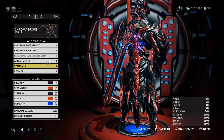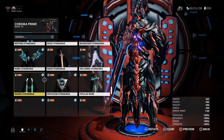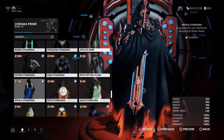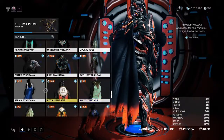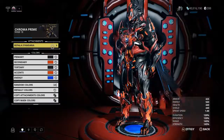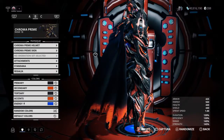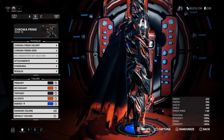Now let's check the Syandana, shall we? What was it again? Rapala. Oh, there you are. If the Grand Prime wasn't sticking through it, I would say it does. That does look nice. That does look pretty awesome. And you know what? Good call. He will have it. That does. I've got to admit, I don't know how I did not see that sign down before, but that looks really nice. That really does. I'm happy with that purchase and that